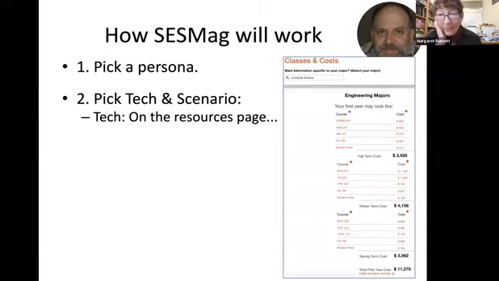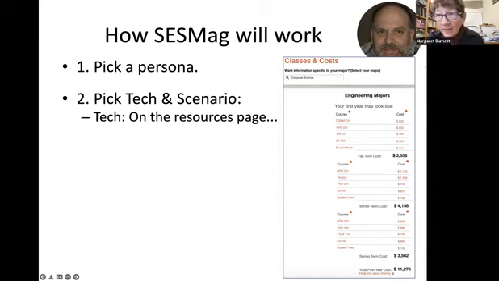So here's an example. This is actually right off the OSU website. This is when people are trying to figure out what classes to take. Imagine Dav would like to know how much a particular collection of classes is going to cost, because Dav has a fairly limited budget.